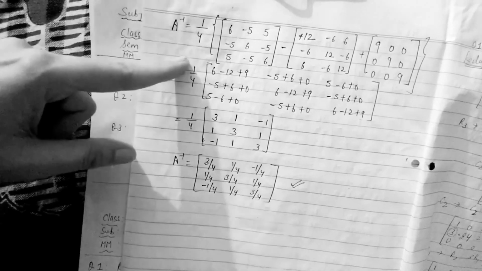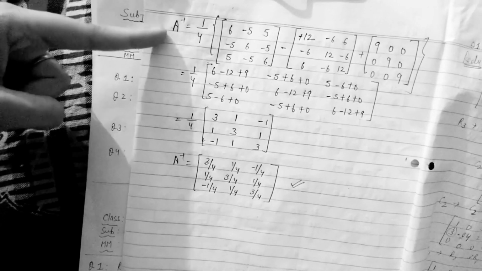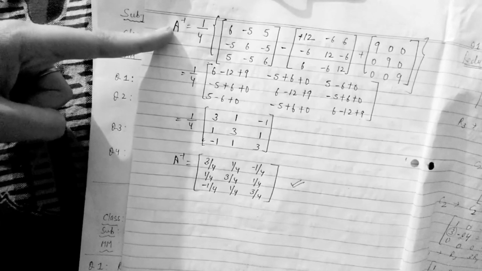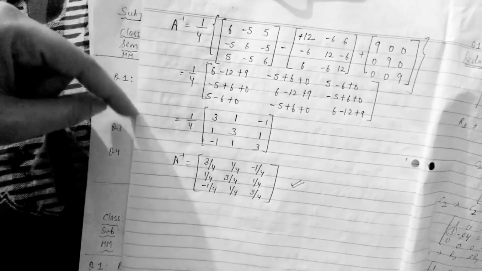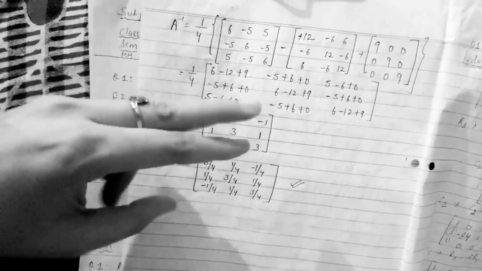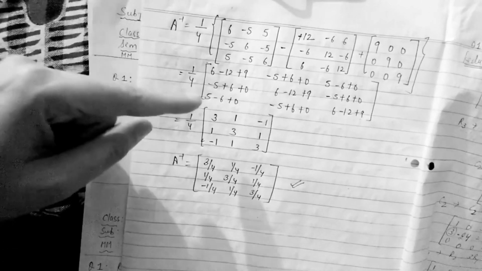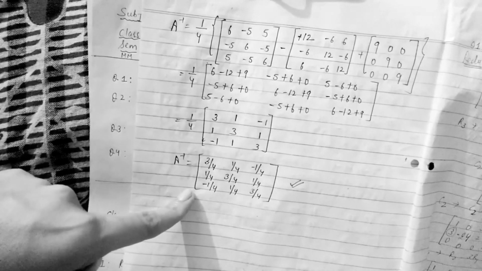After that, if the question asks you to find the inverse also, you have to find the inverse. So you just take the characteristic equation and multiply it with A inverse, take A inverse on the left hand side, take all values on the right hand side, and put in the value of each term, and you get A inverse, right?